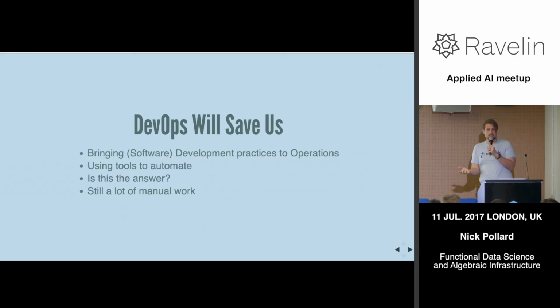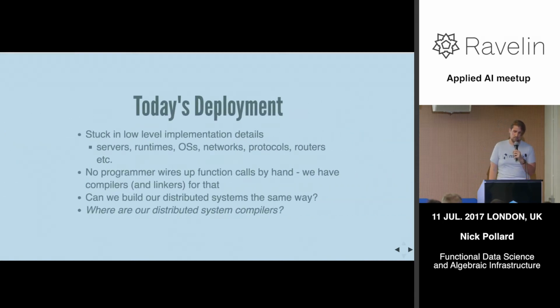Well, is this the answer? Does this solve all the problems we have? I would say right now, not entirely. There's still a lot of manual work. Even with the tools that we have now in the last 5 years, we're still in a situation where deployment is really hard. Distributed systems, actually running them and maintaining the infrastructure, is still more difficult than we would like. Today, we can get away from some of this, but we're still often dealing with servers and networks, and we're actually worrying about the protocols and the routing and who's talking to who and in what order.